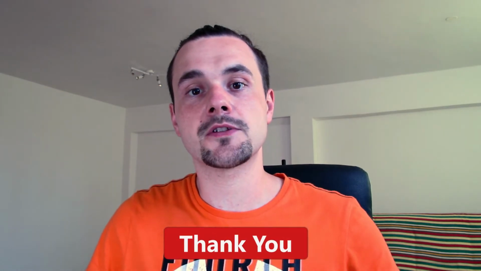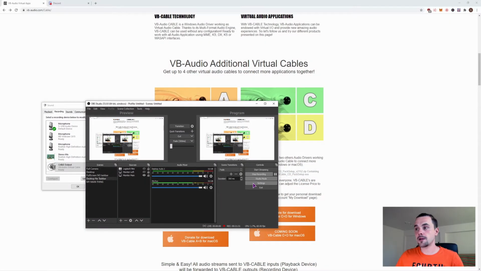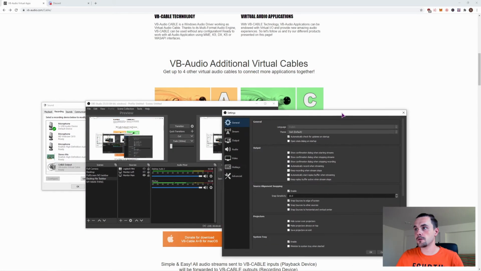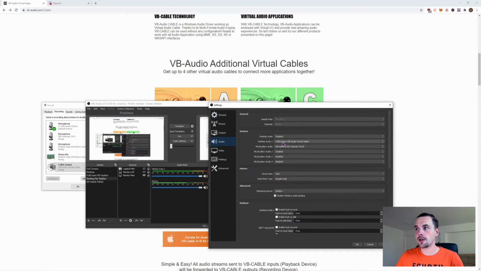With all those settings done, if you use the computer as you usually will, then you won't notice any difference. But if you use a program such as OBS to record the screen, audio, this will make a lot of difference. If you want to know the basic OBS setup for recording, you can watch the video that will pop up. Make sure to subscribe so you don't miss the video on how to set up OBS for streaming that I have coming up. Now in OBS, instead of using the default audio, you'll be using the cable input.